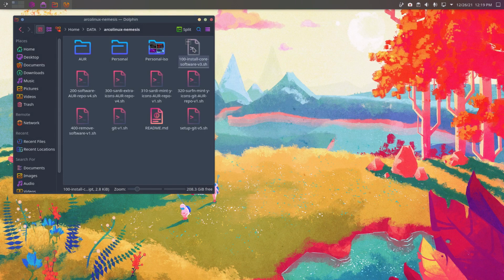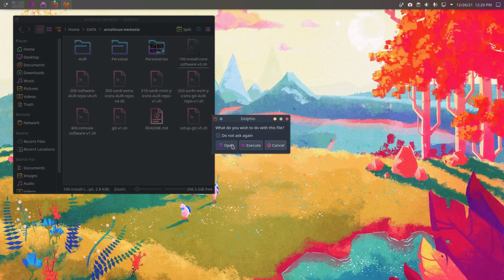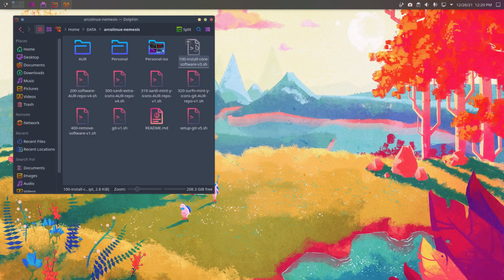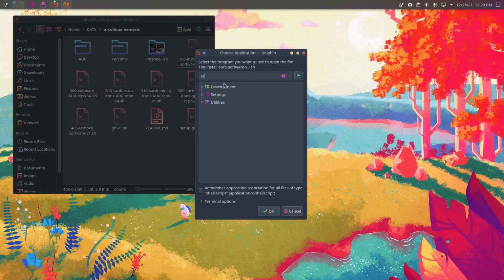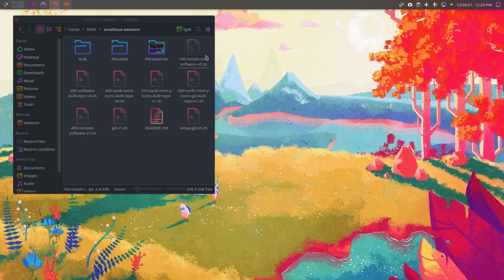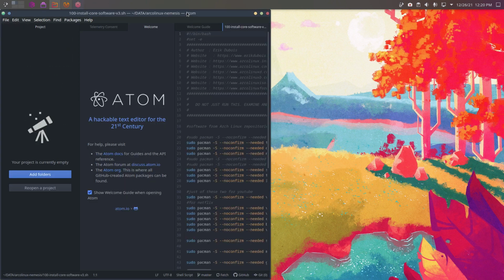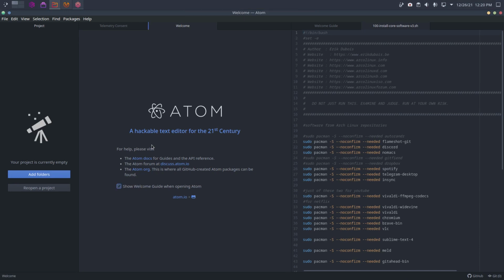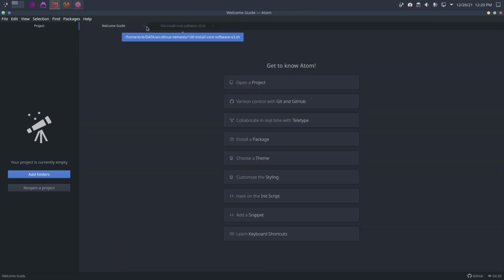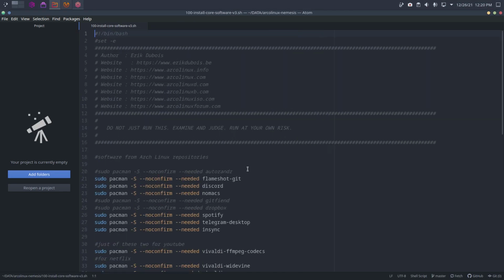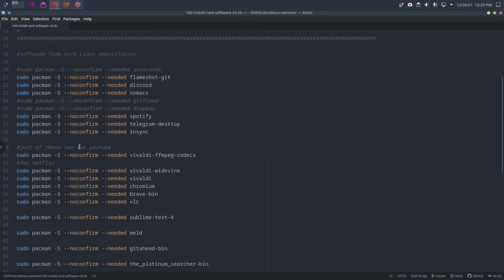Double click. Dolphin. Cancel. Right mouse click. Open with. Other application. Atom. Forever and ever. Remember application association for all files of this type. Okay. Double click. You've got Atom. Don't want this. Bye, thank you very much. Yes, sure, why not? And then you've got text, code to have a look at and say, okay, so what